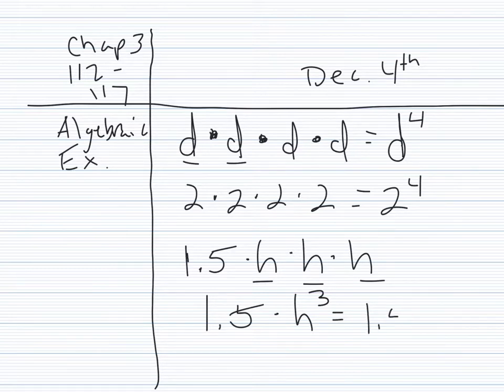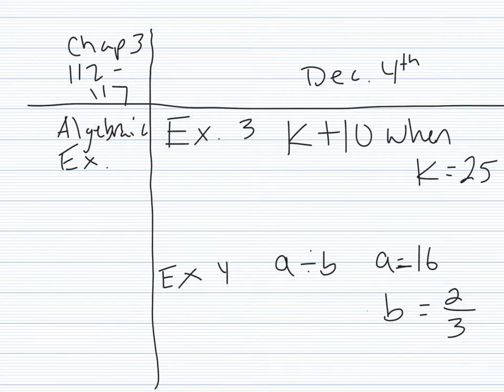If we wrote it like this is also correct. When we have a number that's right next to a variable, that also means multiplication. And we could put parentheses there to make that even clearer, but we don't need those parentheses. So our third example looks at this k plus 10, and it tells us when k equals